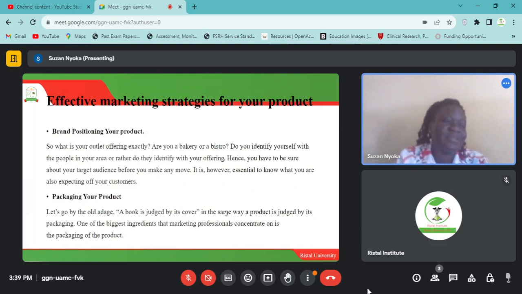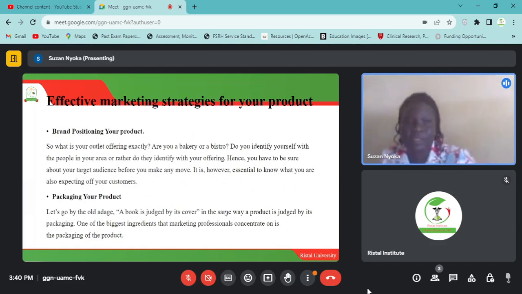Some customers would prefer environmentally friendly packages. Some might prefer biodegradable packages. And even the labeling and all that you have on your package should speak something nice about your product, so that it also helps increase the marketing. Like, it helps to increase what? The market for your products.